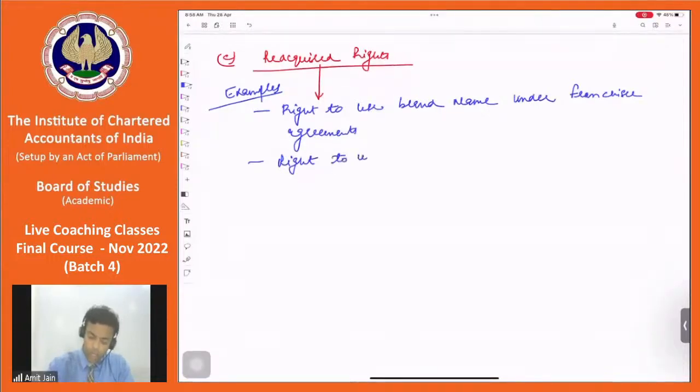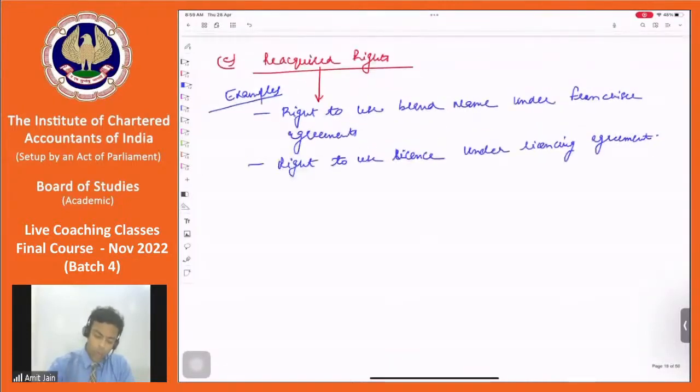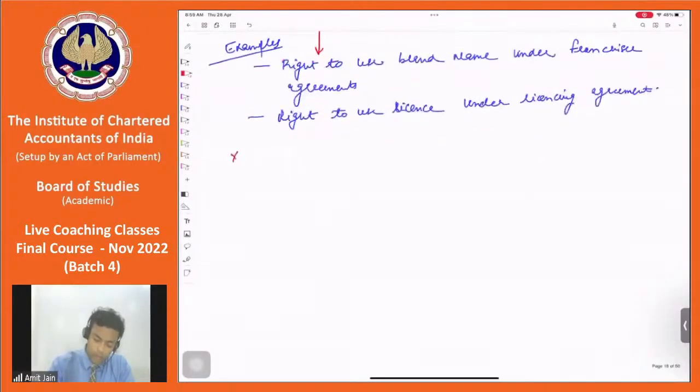Right to use a license under a licensing agreement. Right? What are reacquired rights? Reacquired rights are those rights